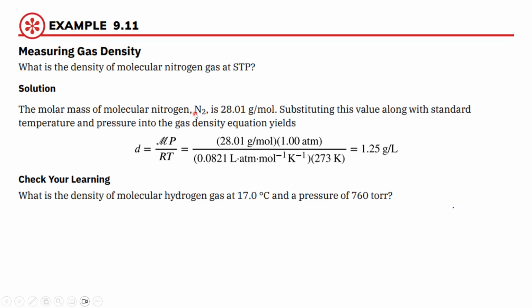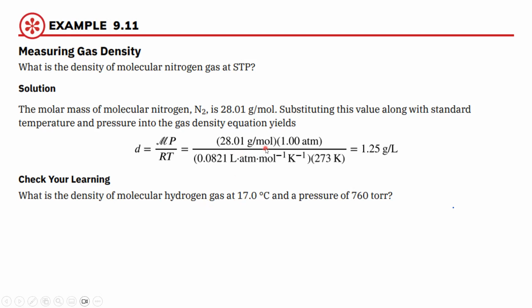But just like with the nitrogen, we want to remember that hydrogen is also going to be diatomic. So hydrogen, nitrogen, oxygen, fluorine, chlorine, bromine, iodine, Brinkelhoff, I think I got all of them, are going to be our diatomic elements. So when we're calculating the molar mass, again, we don't want just one hydrogen. We need to account for two of them. But that means we'll have a molar mass of